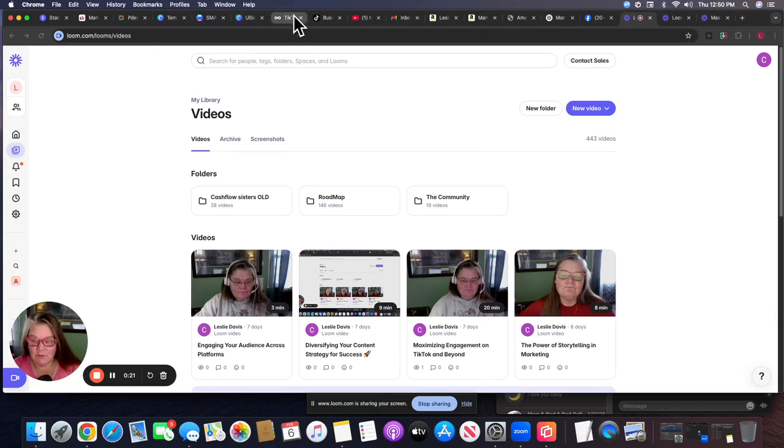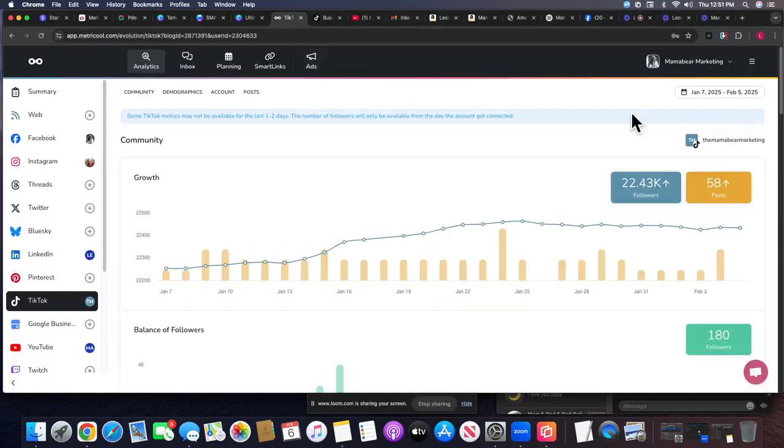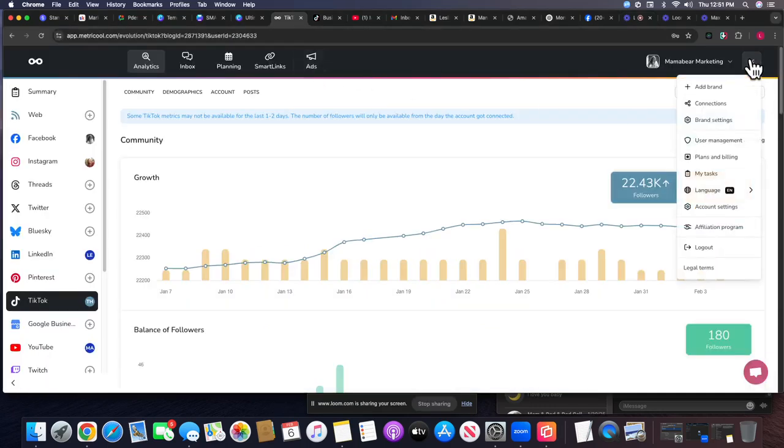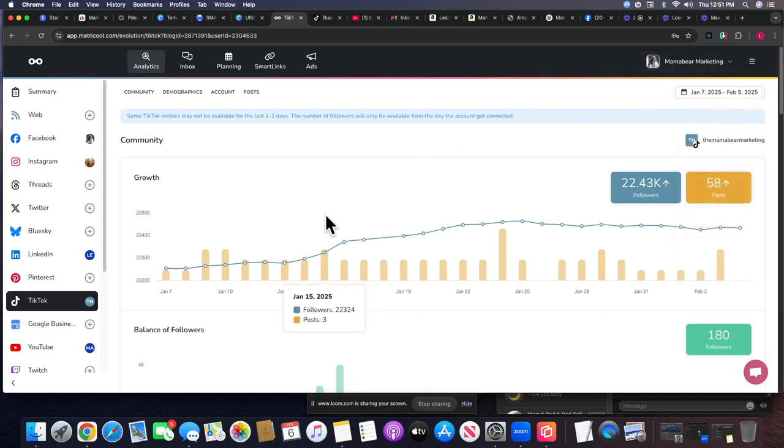So let's get into it. First, I'm going to show you Metricool. This is what I use personally when I'm managing other people's social medias. I'm only showing you mine because there's proprietary data in there on other people's accounts that I will not show you. But inside, I use Metricool to manage all of the people that I handle, right? Okay, so I manage several brands. We're going to look just at my stuff, all right?